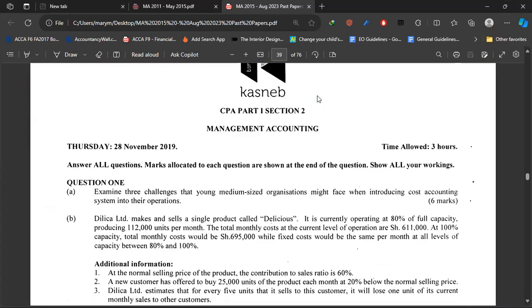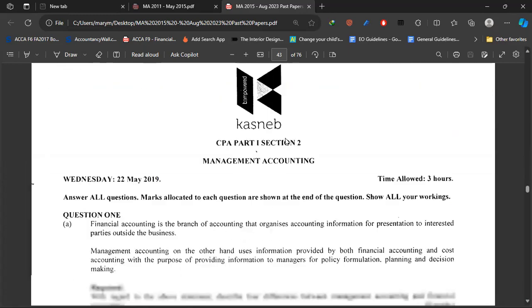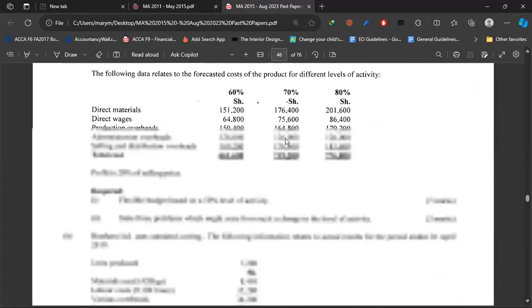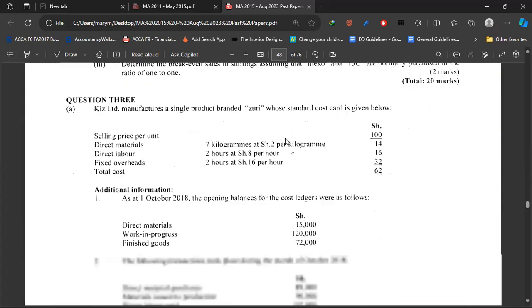Again, I will not do revision on budgeting and budgetary control. The questions are well handled in our class, and the questions are similar, so we will not repeat that. But for the others, I will work on a question which is already tested on